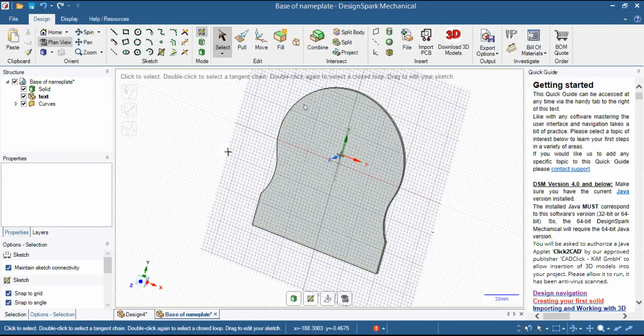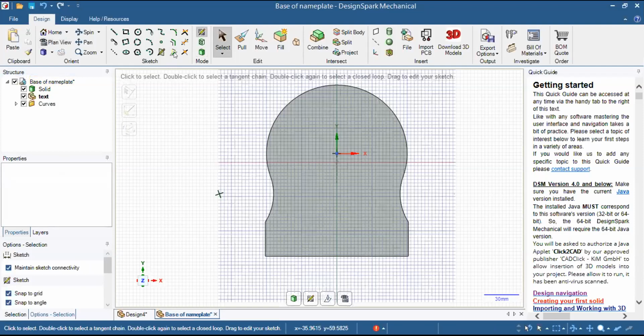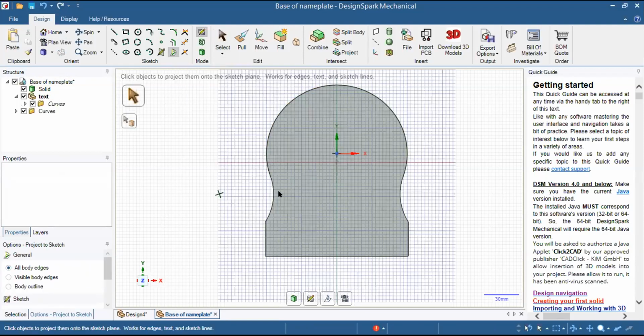So what I am doing now is selecting the project to sketch command. Now you will click on this line and this line. Something I am going to tell you: earlier we were having a solid. So when I am using the command project to sketch, what is happening?